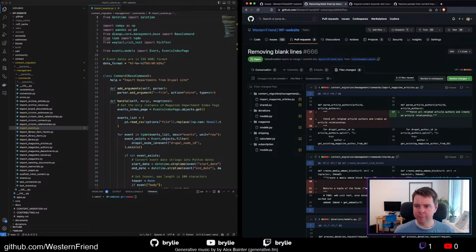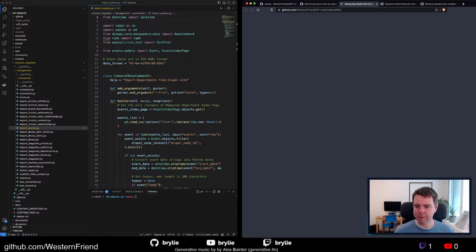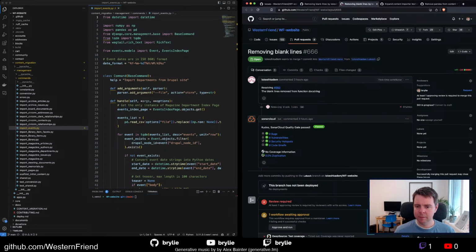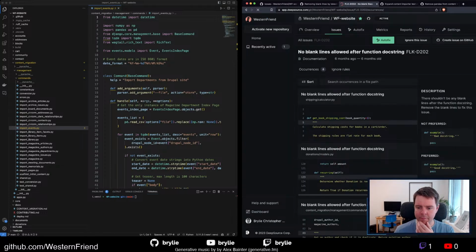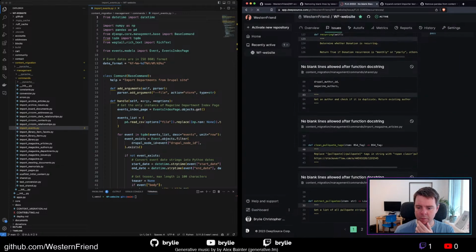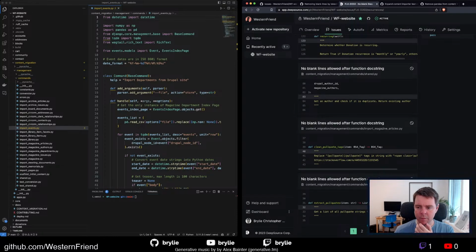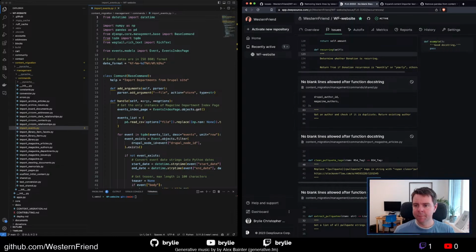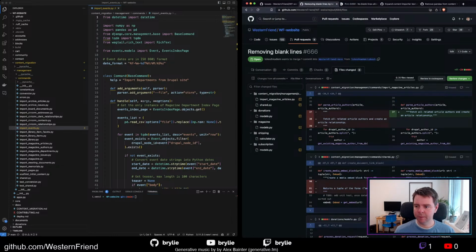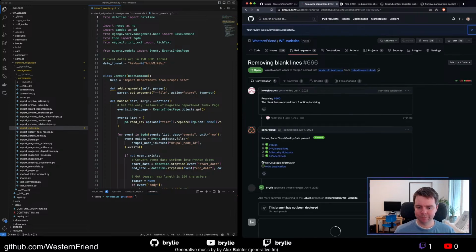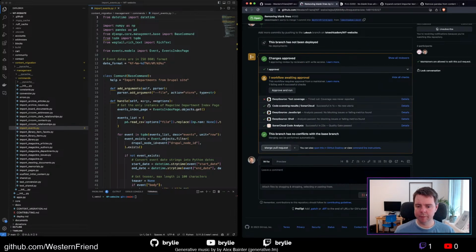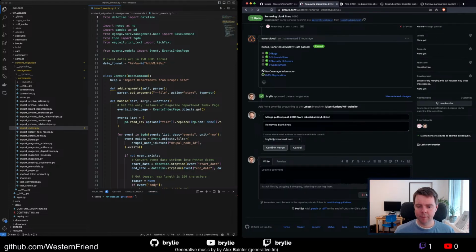And I'll just double check real quick. It's got eight occurrences. Probably a couple of them in one file. Yeah. Looks good. Approve it. Merge pull request. Confirm merge. I'll go ahead and disable the